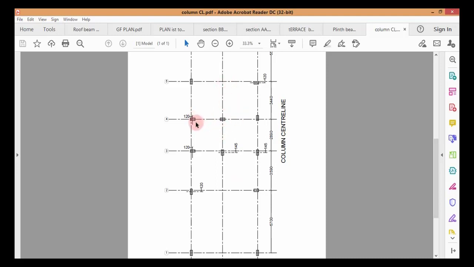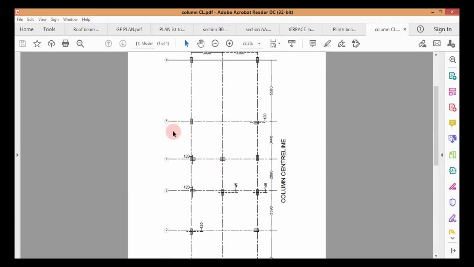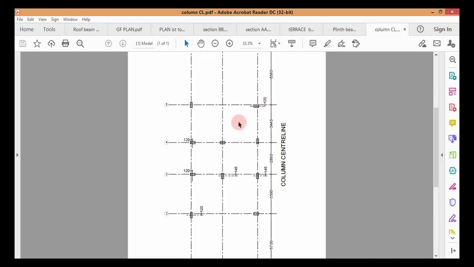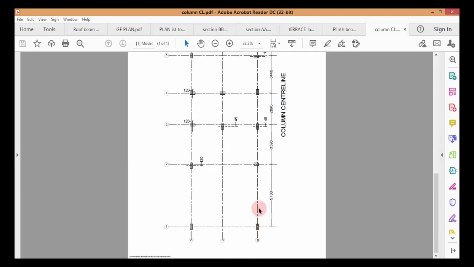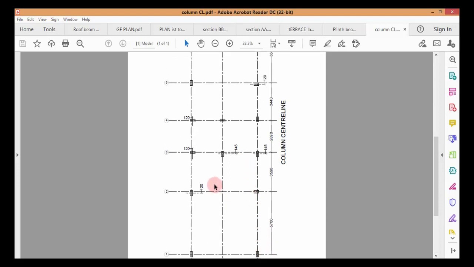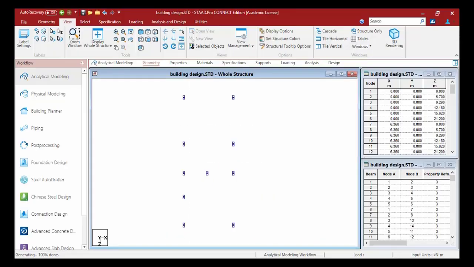Say this column along grid 4, these two columns, and then in grid 2 this column, and in grid 5 this column. So there are a total of 1, 2, 3, 4 columns which are not oriented such that the longer dimension is along the z axis. So I need to change the orientation. In grid 5 I'll select this column, in grid 4 this column, and in grid 2 this column. Right, so let us do that. One of the columns is not being selected. Let me